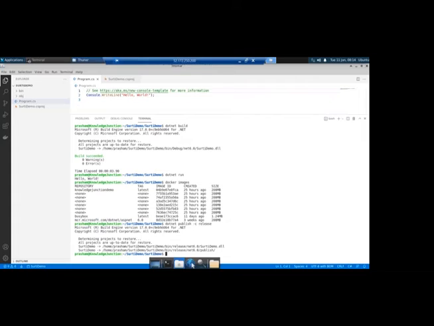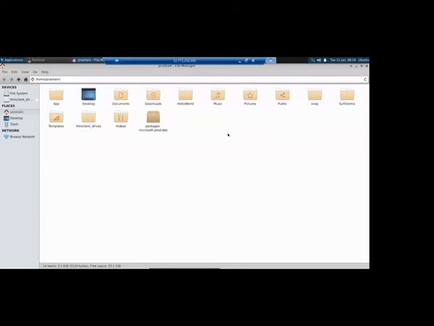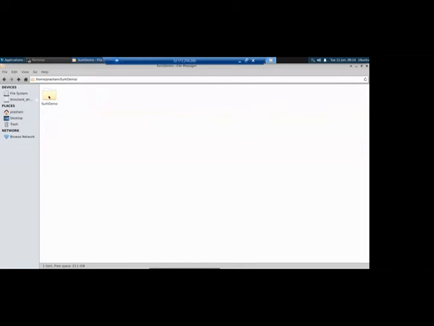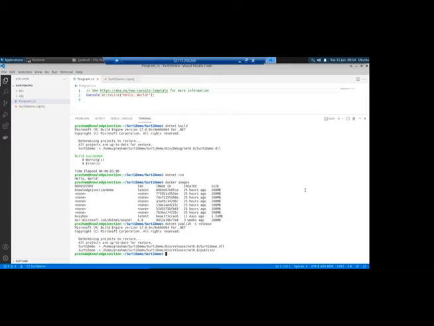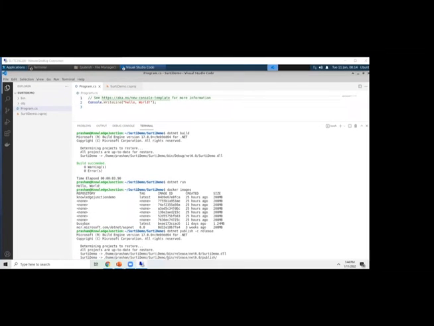We could go and check this one. If I go to the folder structure, this is our folder, bin. There is now a release folder, and these are the files. This is our executable file, the JSON file required, the DLL file, and it contains the references as well. So basically, that was the concept. It contains all the required references to execute this. Okay, now we have the publish as well.